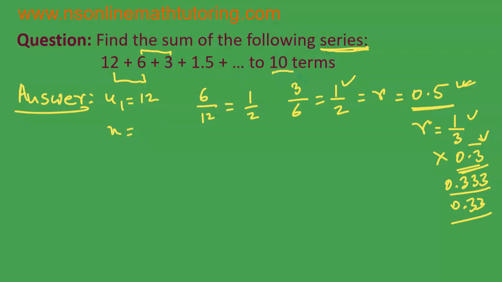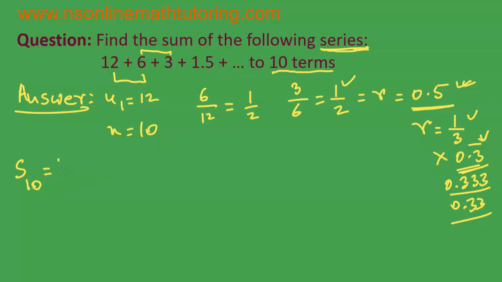It is up to 10 terms, so N is equal to 10. Now we are in a position to get the sum total of the first 10 terms. Let us take the first form for this question. It is S10